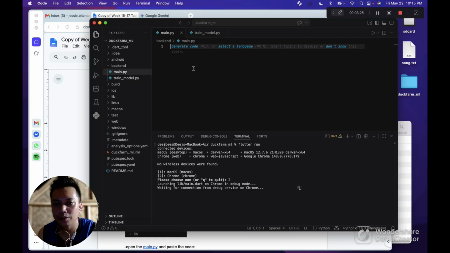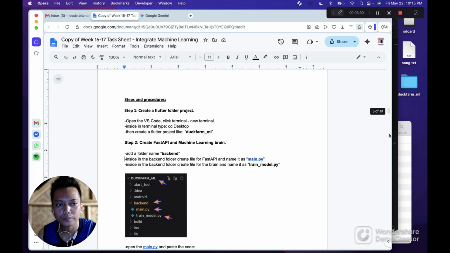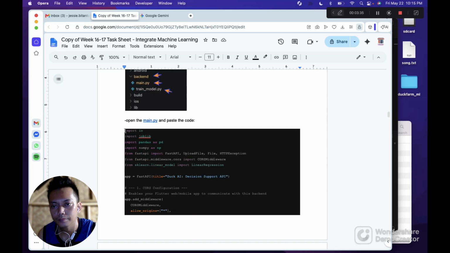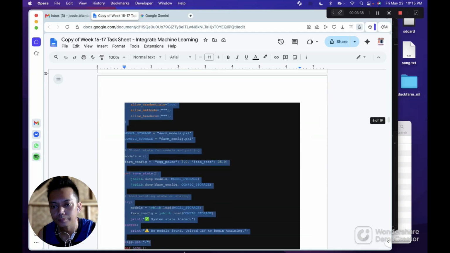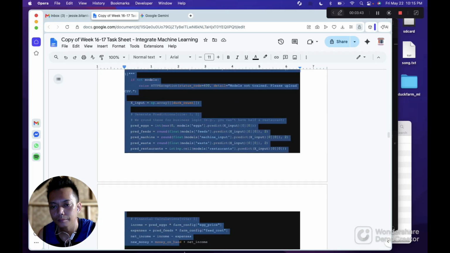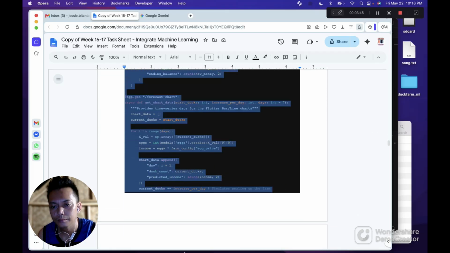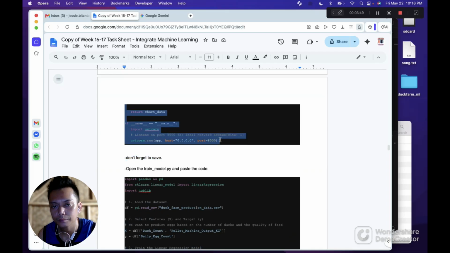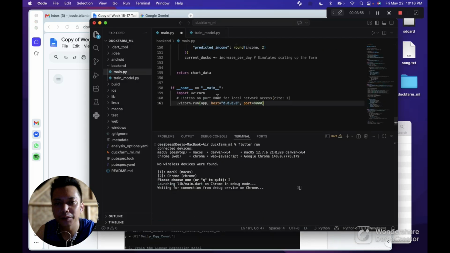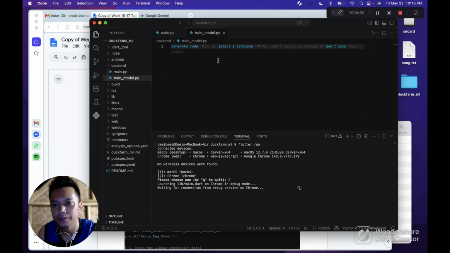So let's paste here the code for the FastAPI. Don't forget to save, Control S. Then another one, the code here, train_model.py.